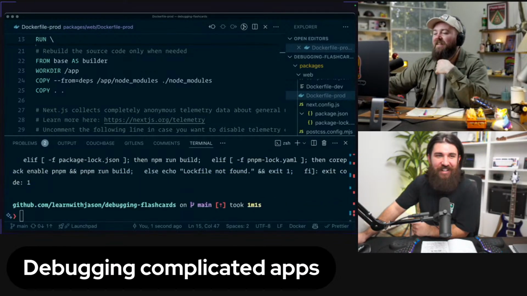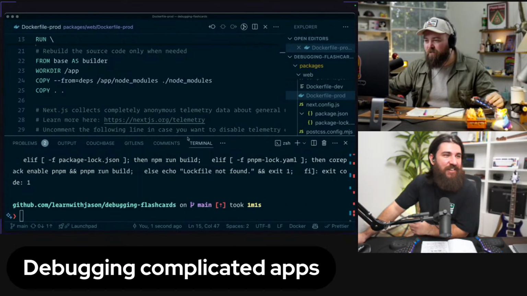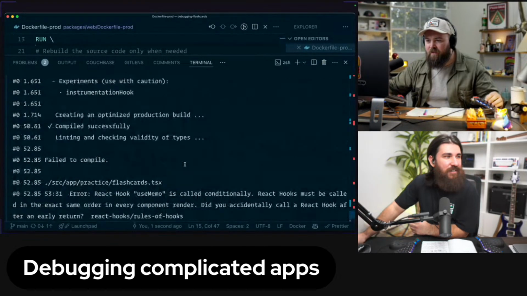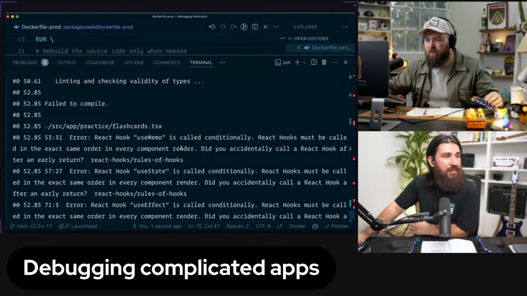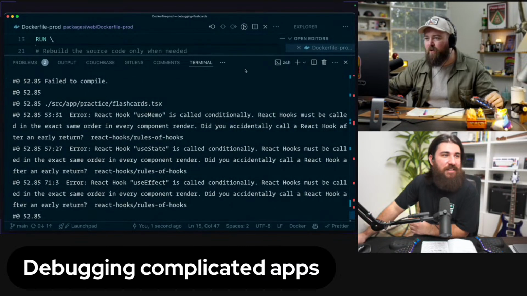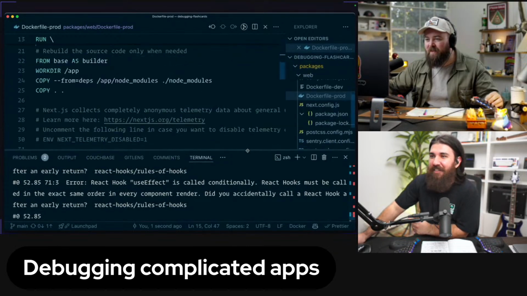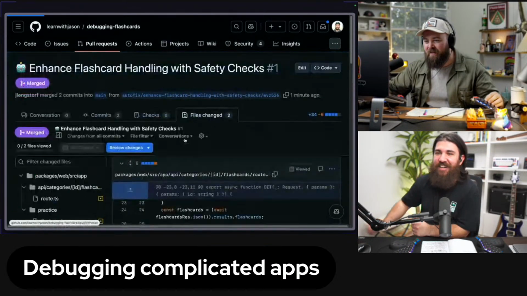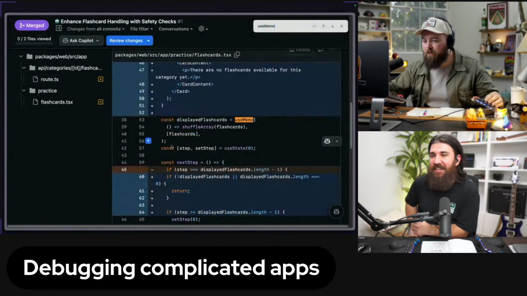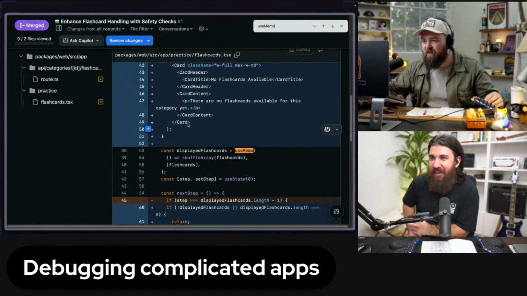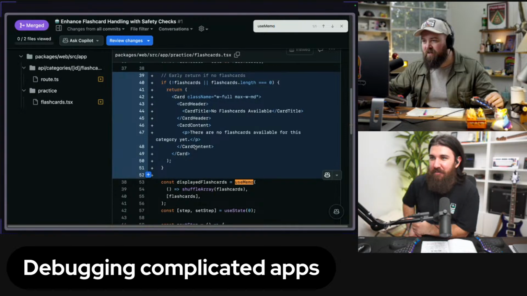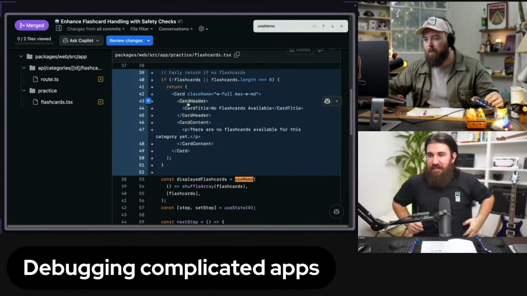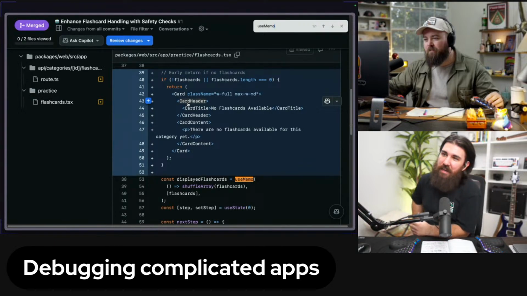Okay. So this is... Oh, did you fail on me? Wait, this is different. It says failed to compile. Failed to compile. useMemo is called conditionally. Oh no! Did our bot screw us? Yeah, the bot. Okay, let's look at what change that got us. useMemo is called conditionally. There we go. It's after the if. Okay, right, so that's a problem. Yeah. The model needs to be stronger on React.